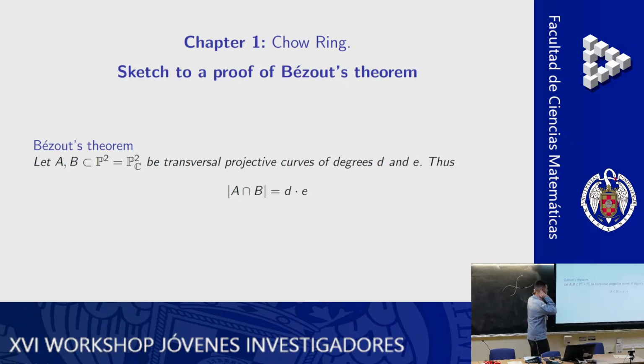So basically, if you look at the hypothesis of this theorem, we can see 2 main ideas. The first is that to understand how many points there are in the intersection of both curves, we don't really need that much information. We don't need the whole curve, we only need the degree of the curve. So maybe we can get rid of most of the information about the curve and keep just the part that we need. And the second is that we are really making a translation between the intersection and the product. That's the important second part of the chapter.